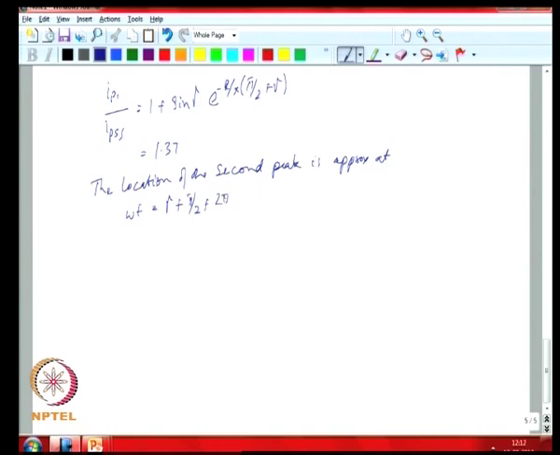So, at 2 pi radians later or 360 degrees later. So, you can write an expression for IP2 by IP1 as